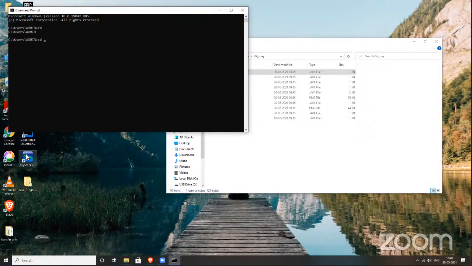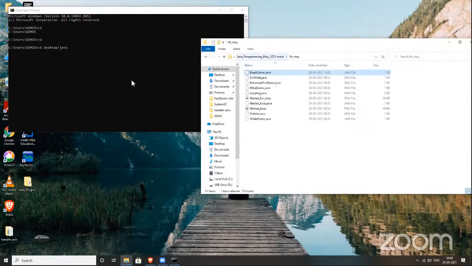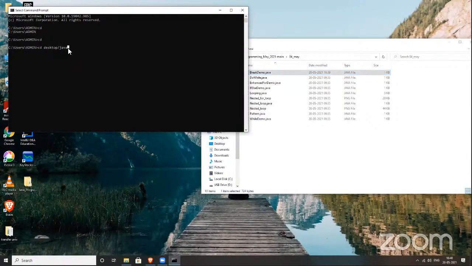So you will come to that path, or you can type it directly, whatever folder is on the desktop. Then just enter it, I will tell you how to go there. If you have directly pasted the whole path, it will be faster.